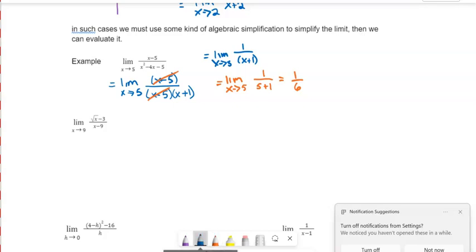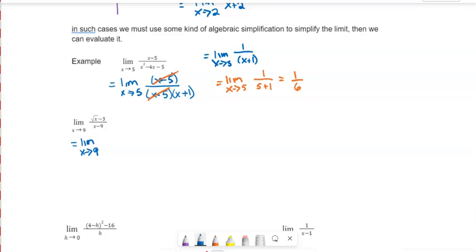Okay, let's try another one. In this one, I have a function and I want to know the limit as x approaches 9. And I'm not going to be able to get a non-zero value here, so I'm going to have to do something. And I have the root of x and 3 on the top, and then I have x minus 9 on the bottom. So this one might not be super obvious, but if I take the difference of squares here,